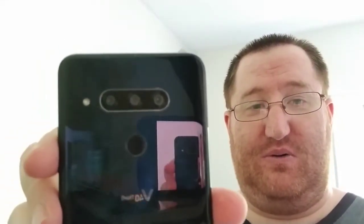Pretty cool. It might be slightly bigger than the S8, which is what currently I have been using. So it's slightly bigger. Little cameras in the back there. I think the middle is the fingerprint reader, I believe, is what that is. Or maybe that's the power. I don't know, because I haven't had an LG phone. It might be the power button in the back, which will take some getting used to. Or maybe this might be the power on the side of that. We have the volume keys. Yeah, pretty cool. And you do have the speaker on there, the USB charge port, and a headphone jack,